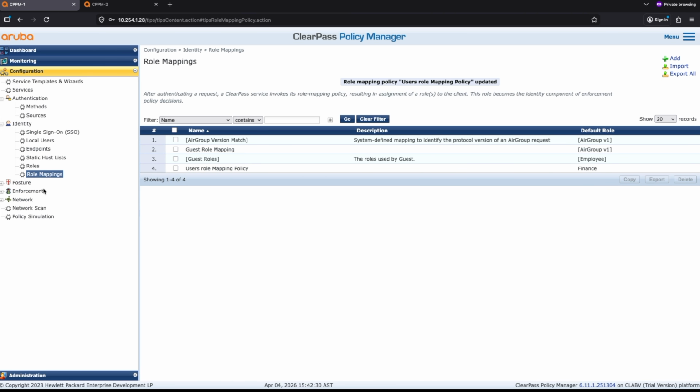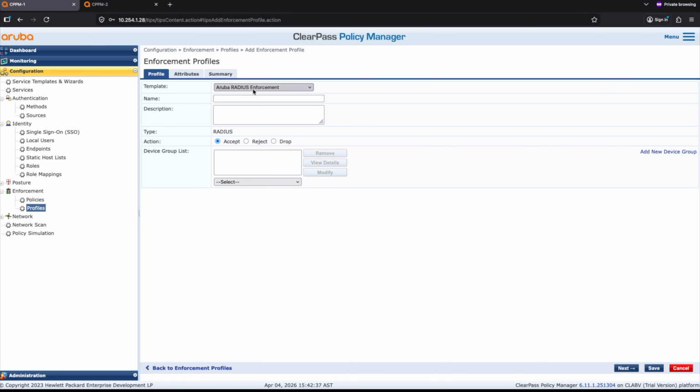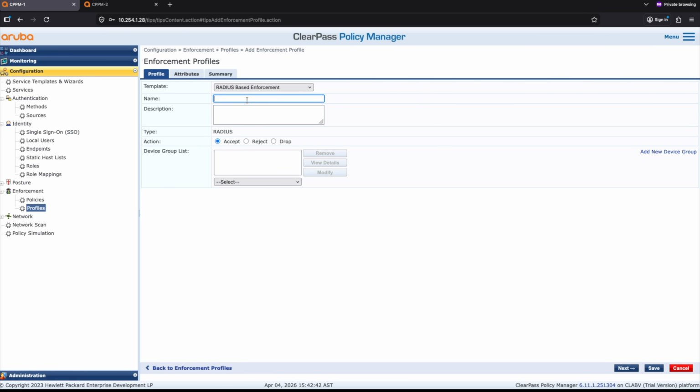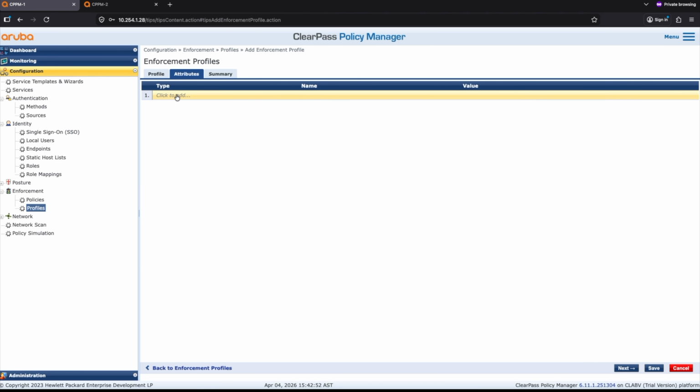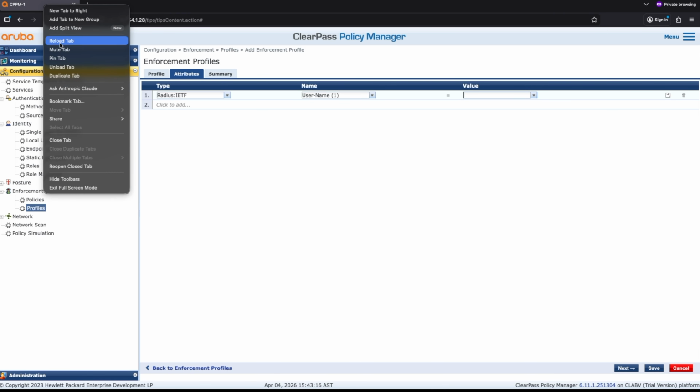We will do an enforcement profile also for this one. We'll come to the enforcement, we'll create a profile, click on add. We can select RADIUS based enforcement, TEAP, machine name update. We'll come to the attribute EAP-TEAP username. Here, before doing this one, before grabbing this detail, I will make a duplicate session of this